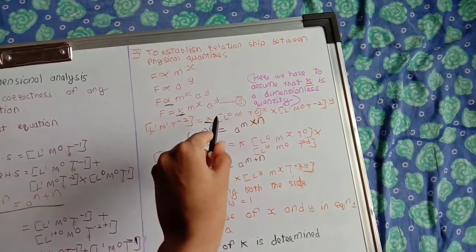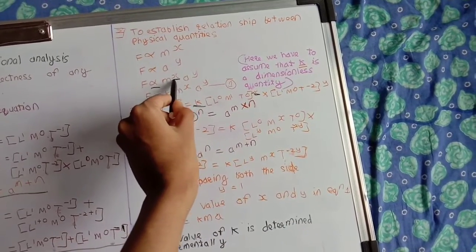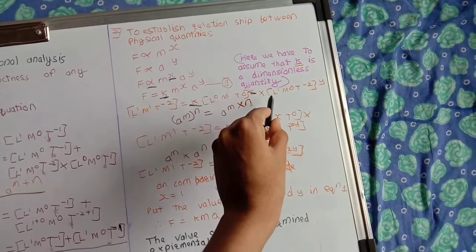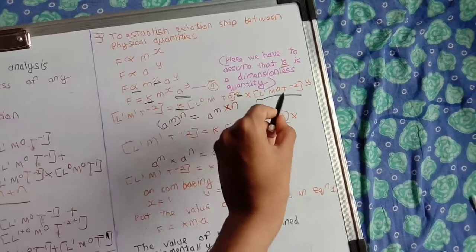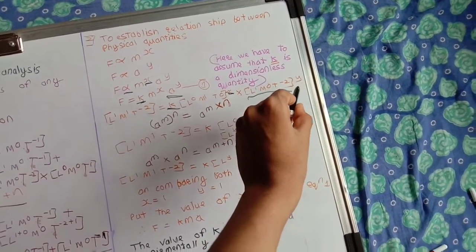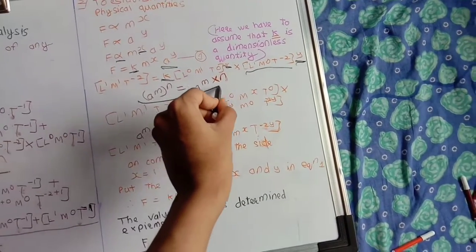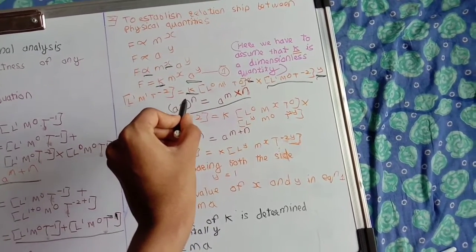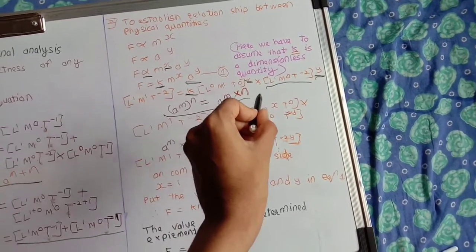and we have to close it in a bracket and then raise it to x, as here M raised to x is taken. Then we have to multiply it with the dimensions of acceleration, and then close the bracket, and then we have to write raised to y. So by using this identity, (m^a)^n = m^(a×n),